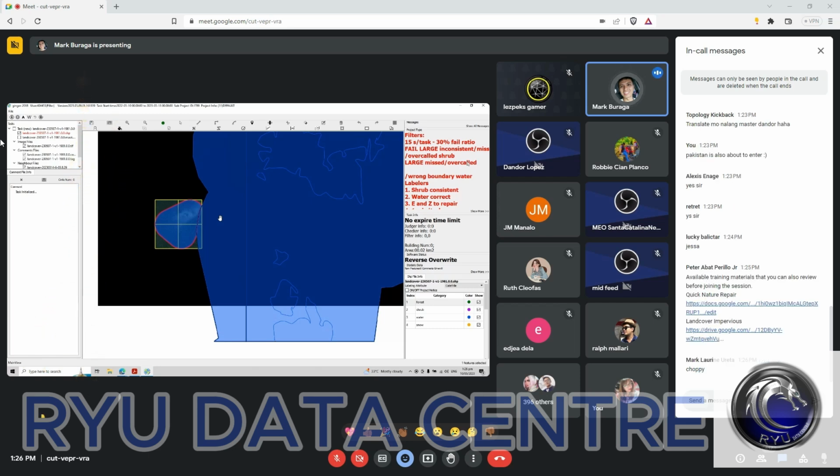Here's an example, guys. So this one, I can see this is the ocean part. I don't know if this is ground or what, but when it's high tide, maybe the water goes up to here. We don't know. But this one is definitely land already. So I can delete this portion.